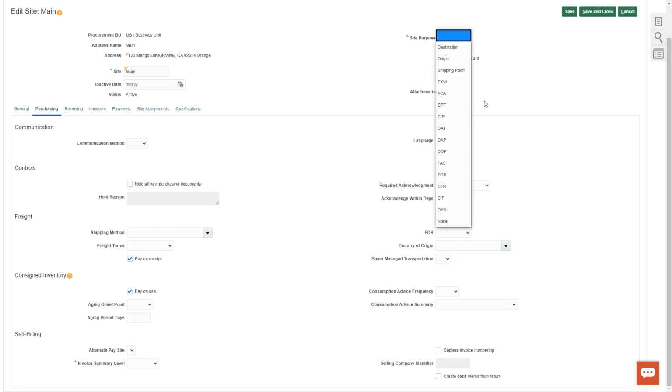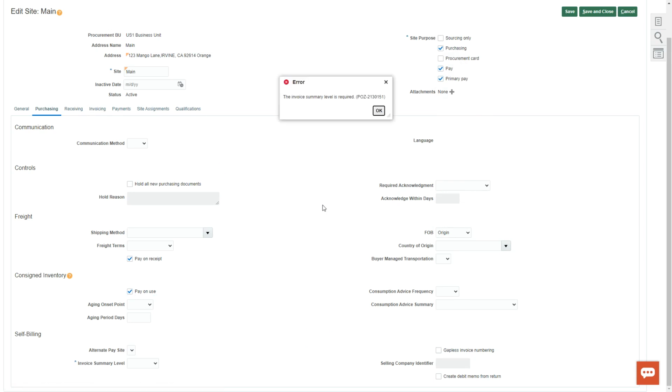FOB, you can select destination or origin. On the receiving tab, invoice summary level is required. So let's go. Oh, sorry. If you want to select self-billing and then receipt.